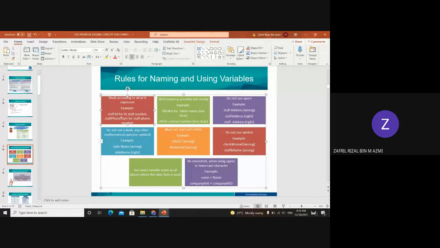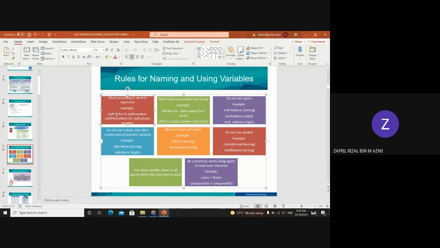Okay, if you put a space in the ID, it is wrong. The compiler, the system that runs your program, will detect this as two separate variables. So this is one variable, this is two variables. So wrong,